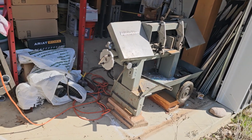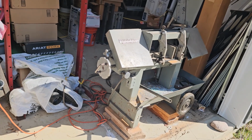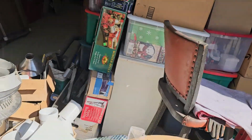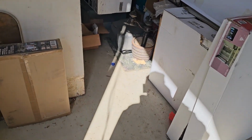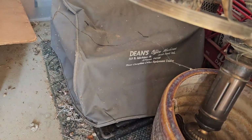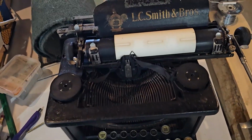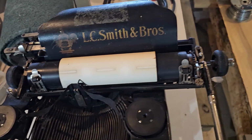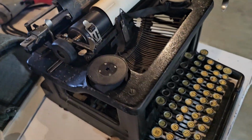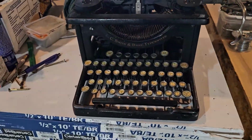I was talking to my granddaughter a couple days ago, and she asked about old typewriters, and when copiers were around and stuff like that. I told her we had an old typewriter. I thought it was out in the barn, and golly, I see it right down here. So I'm going to get that out and take it in the house and let her check it out. She was asking about old typewriters the other day. Thought she'd be a little more enthused about it, but